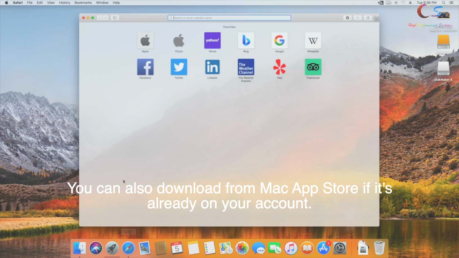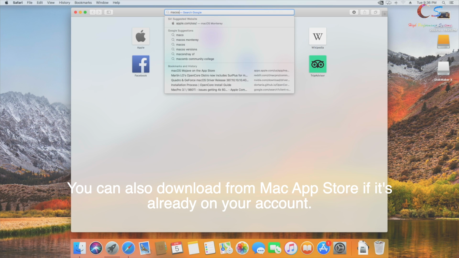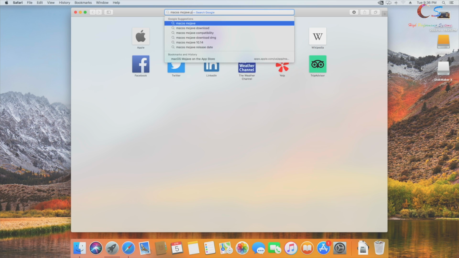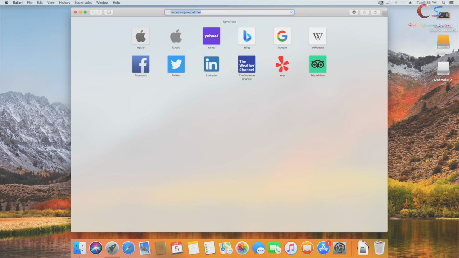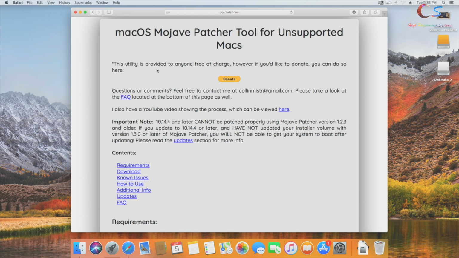So next, we're going to go ahead and download the Mojave Installer. Now, I'm going to download it using the Mojave Patcher. I believe you can download it from the App Store. I don't know if you can still download it if it's not already on your account, but if you want to do it my way, the extra way, you just click this link,